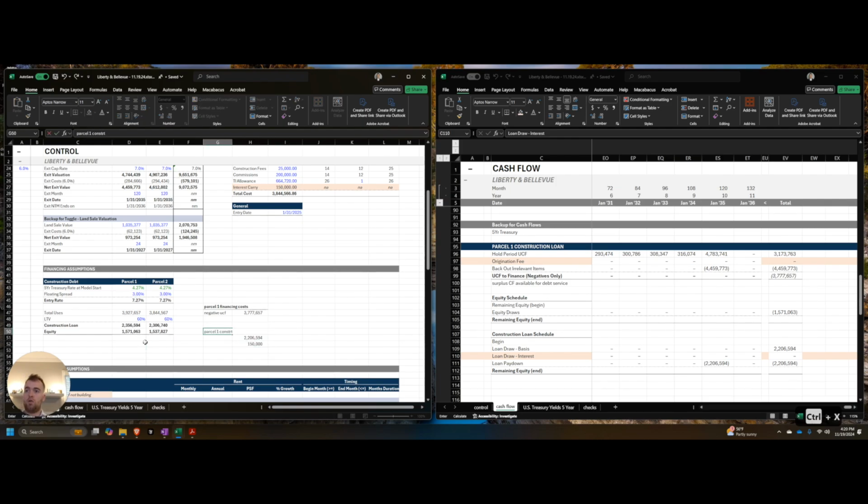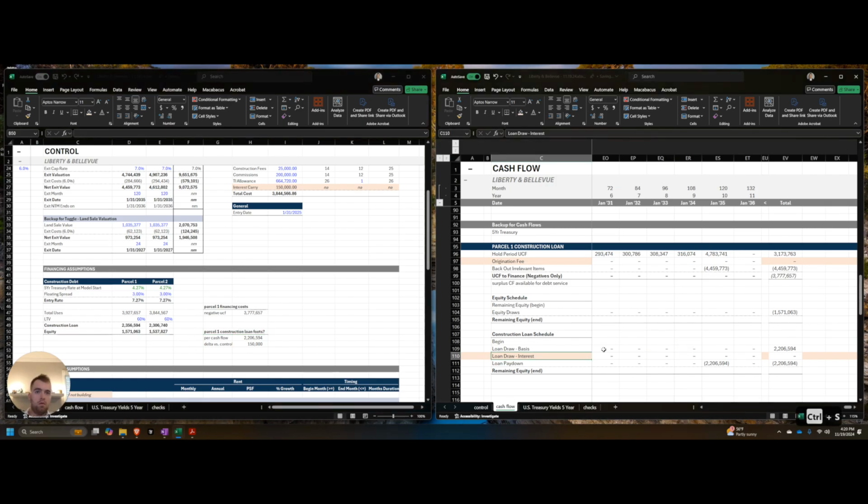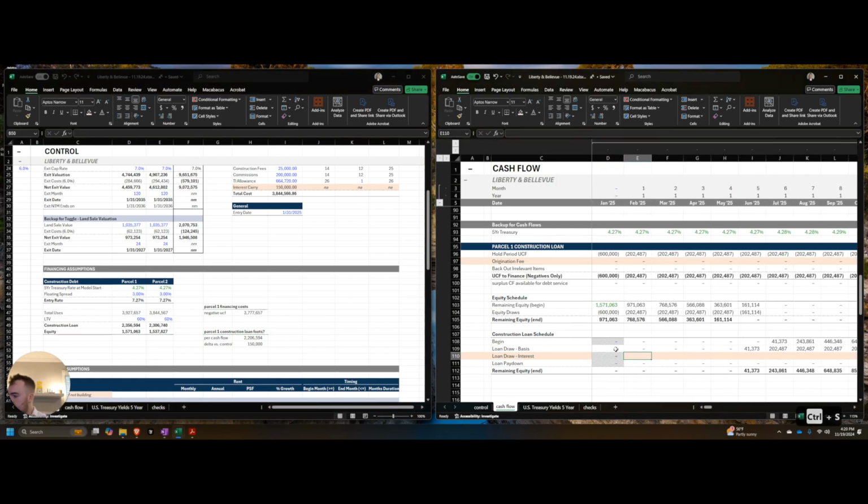Parcel one construction. So let's do per cash flow delta versus control. These are just checks. I will bring these into my official checks later, but this just helps me make sure I'm not losing my mind. And so on the construction loan